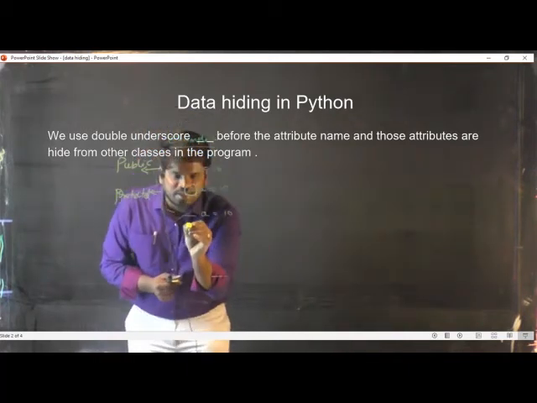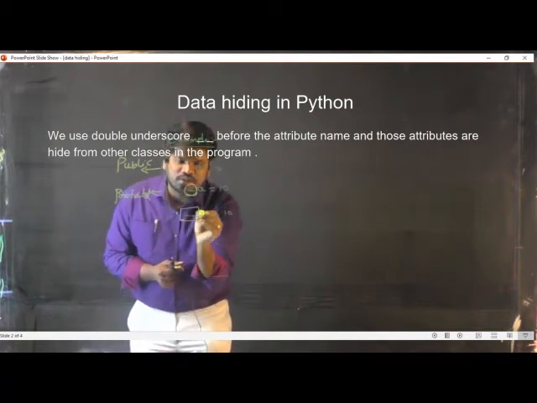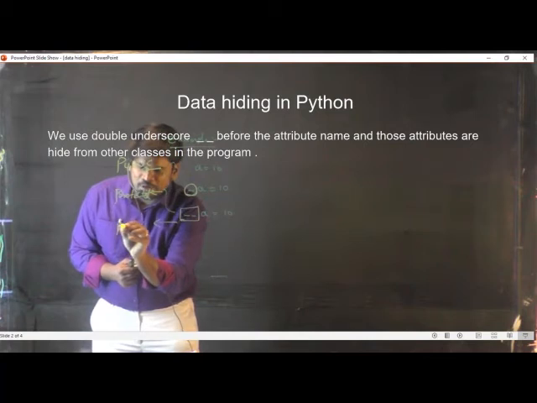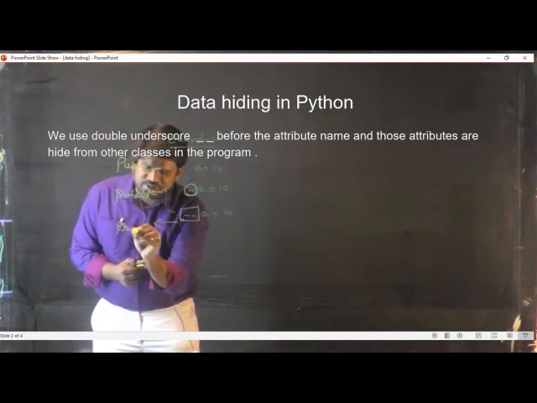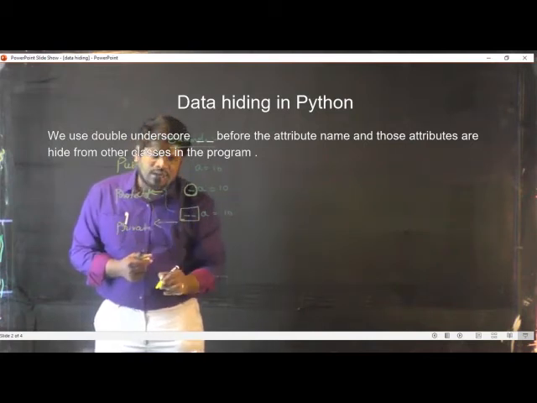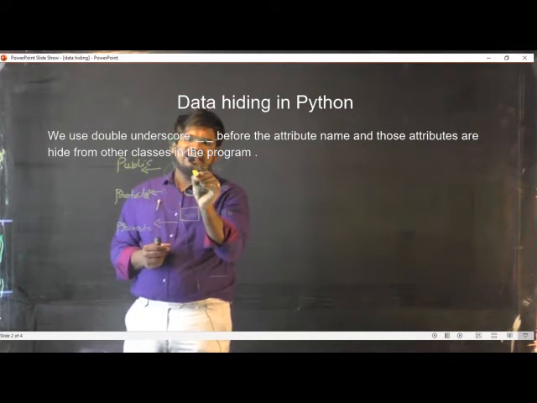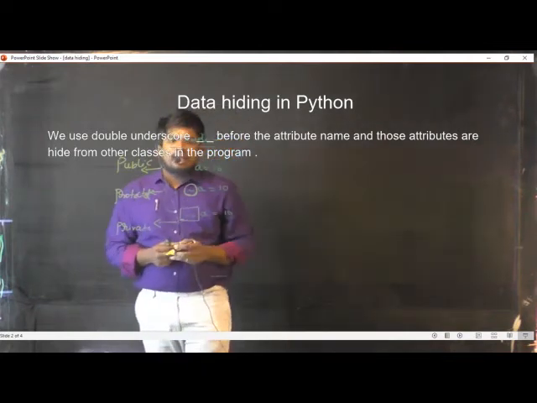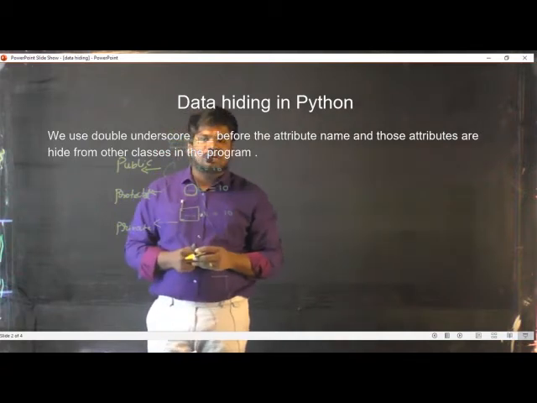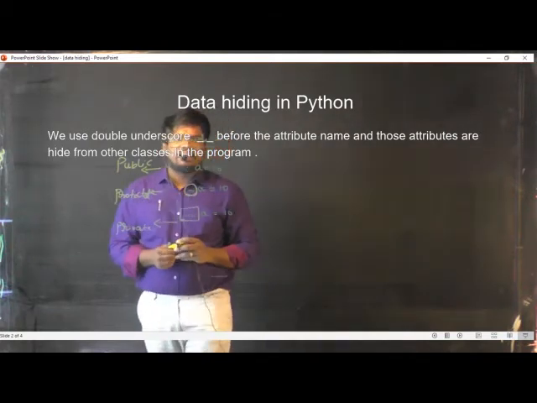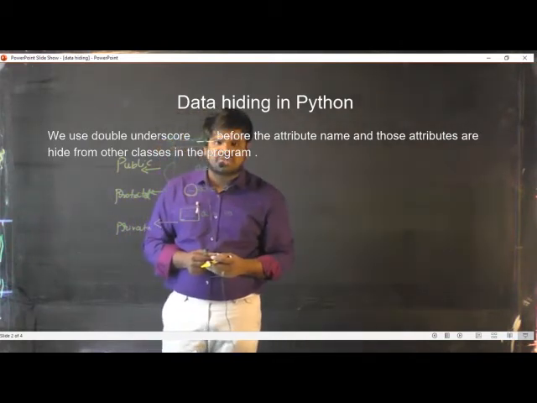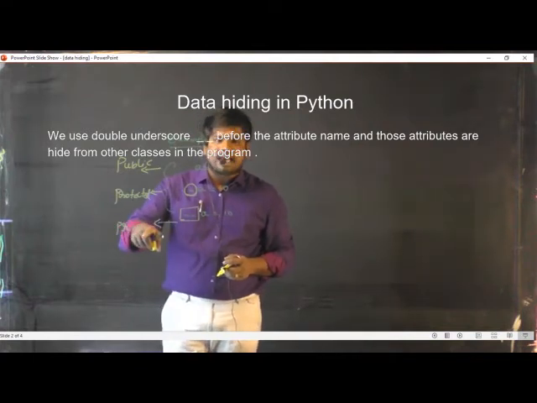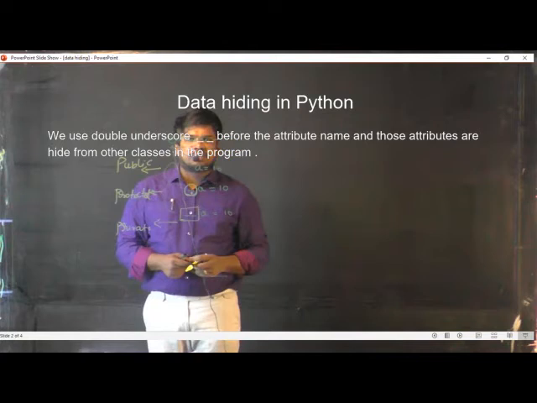And observe carefully, here I have used two underscore symbols, and the Python interpreter will assume it to be a private access specifier. So understand the differences: if I am not writing anything before an identifier, it is public; if I am writing one single underscore, it is protected; if I am using two underscore symbols, I am going with a private access specifier.